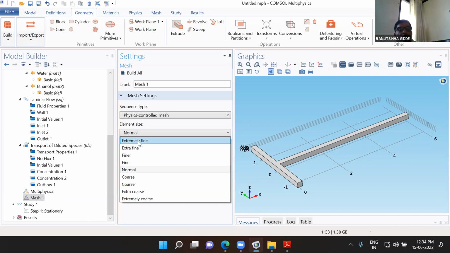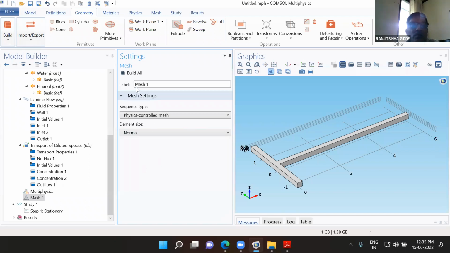For laptops or computers with less compatibility or less RAM, you can go for this extremely coarse. So here I will select normal, and just by clicking this build all,